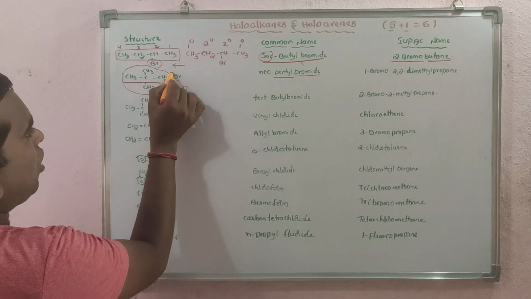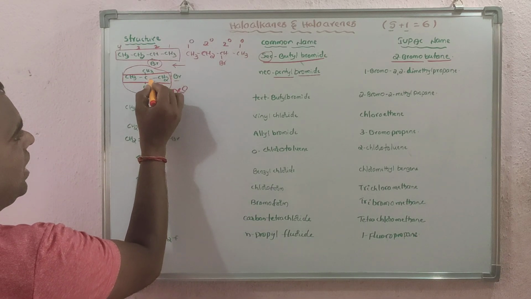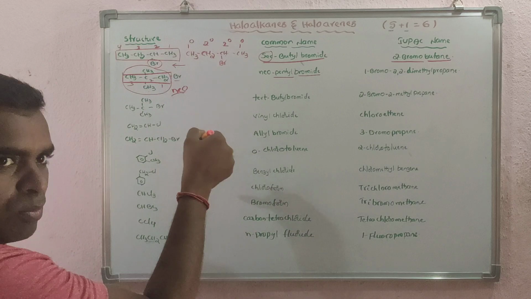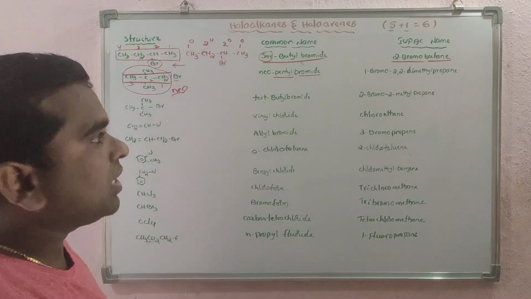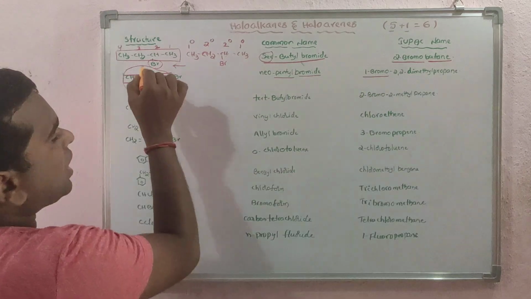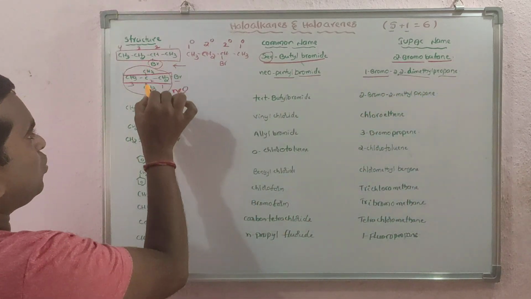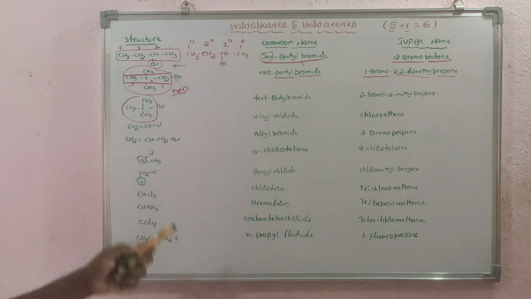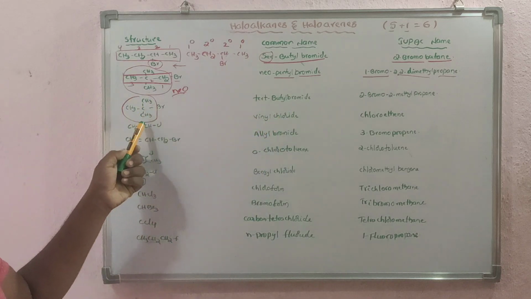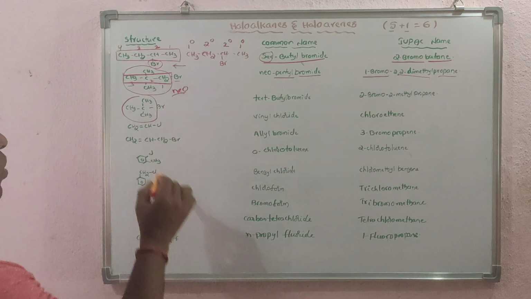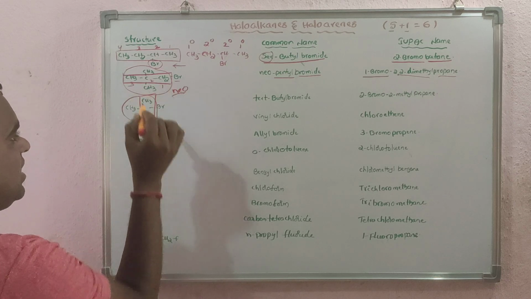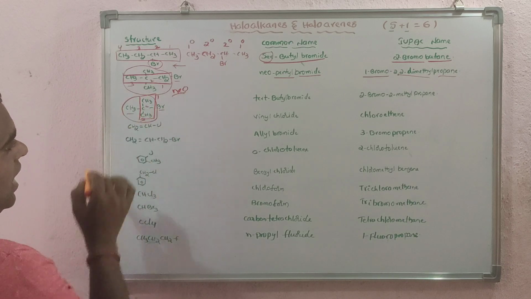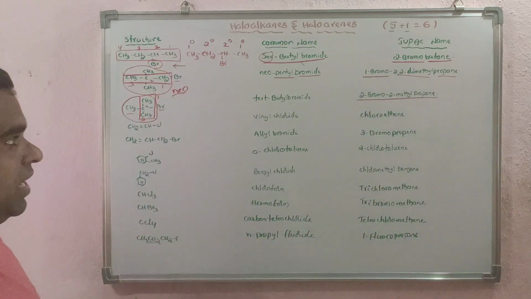Now this is the longest chain, and give the numbering from this side, 1, 2, 3. Then what will you get here? 1-bromo, because first we have to write the bromo following the alphabetical order. So that's why 1-bromo-2,2-dimethylpropane, because of the two methyls. In the same way, you already know, I will not discuss much here. And this is a tertiary group, so that's why tertiary. How many carbons are there? 4. Tertiary butyl bromide. Now select the longest chain here, 1, this carbon 2 and 3, and at the second position bromine and methyl are there. So 2-bromo-2-methylpropane. Clear?